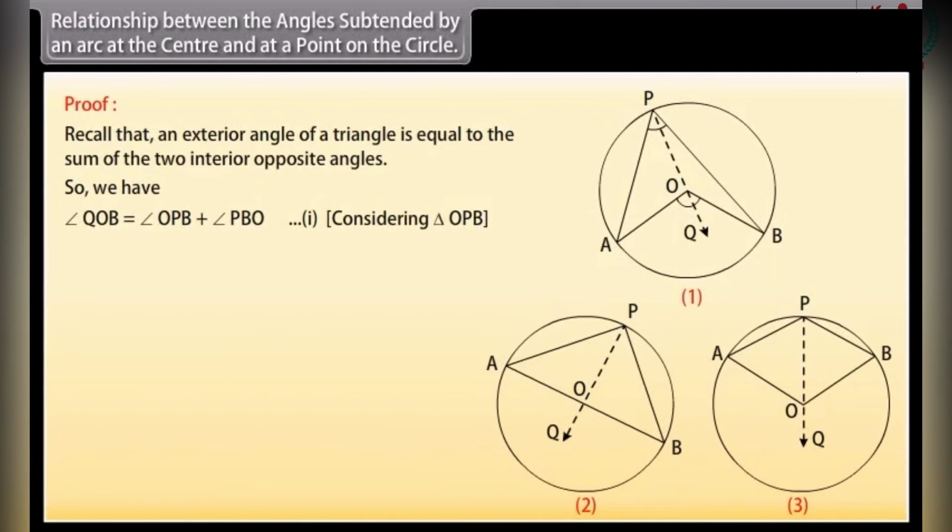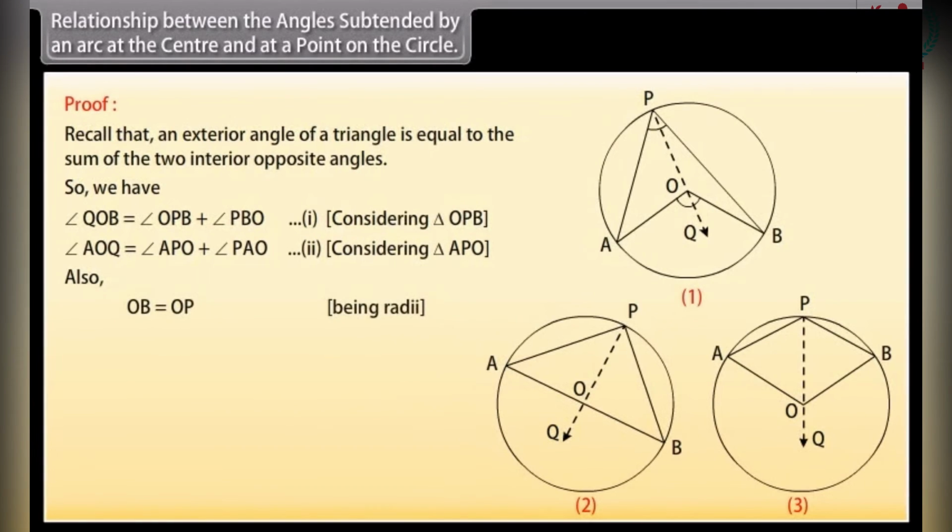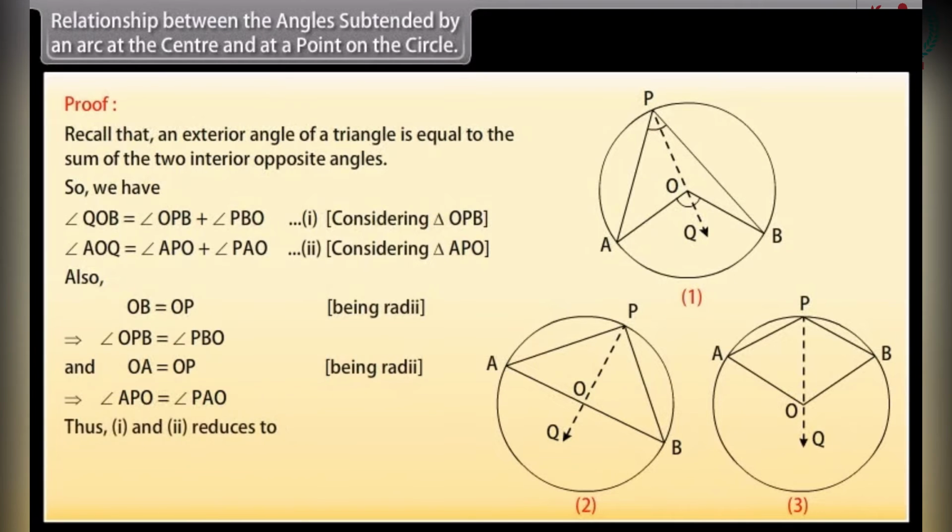1. Considering triangle OPB, angle AOQ is equal to angle APO plus angle PAO. 2. Considering triangle APO, also OB is equal to OP, being radii. Angle OPB is equal to angle PBO, and OA is equal to OP, being radii. Similarly, angle APO is equal to angle PAO, thus 1 and 2 reduce to angle QOB is 2 into angle